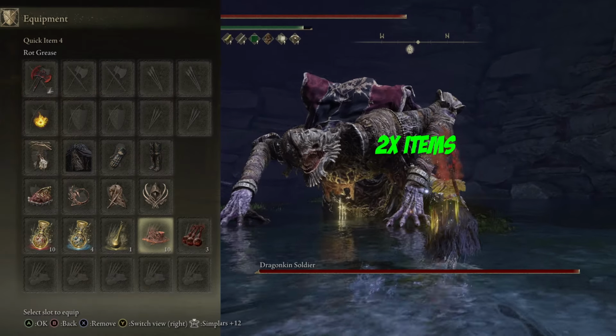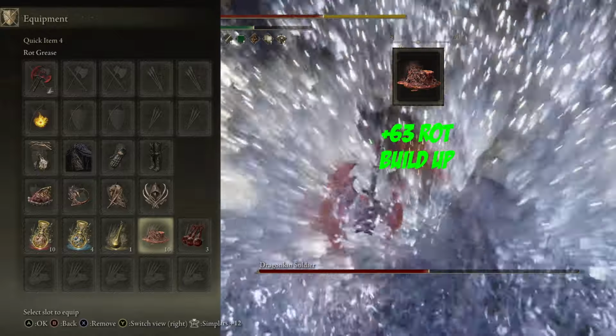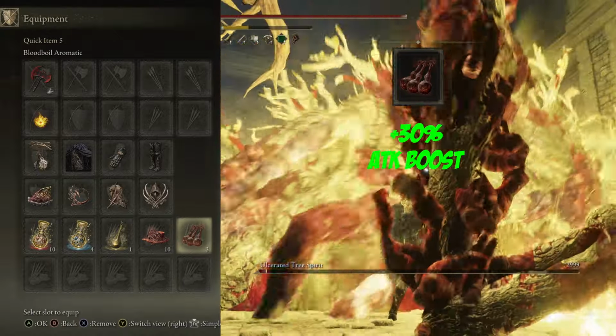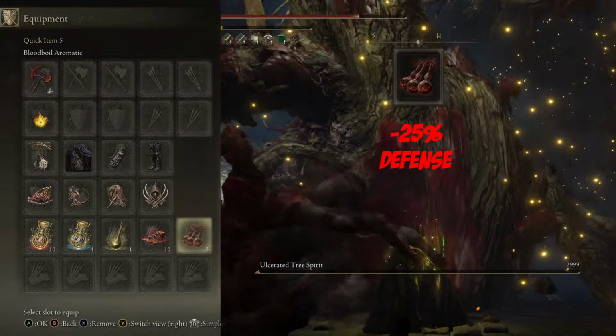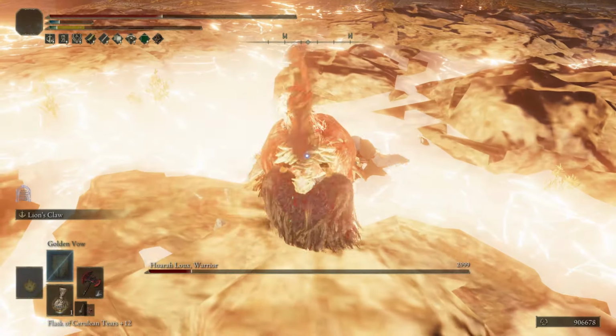Now, we have two consumables with this build. Rot Grease, as mentioned earlier, to add another 63 rot to our attacks, and then we have the Blood Boil Aromatic, which is going to give us plus 30% attack boost, but also minus 25% defense. Now, if this is a little too risky for you,